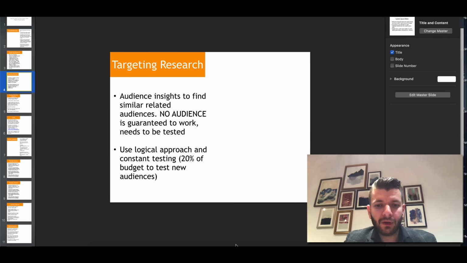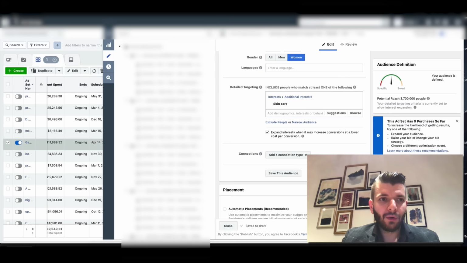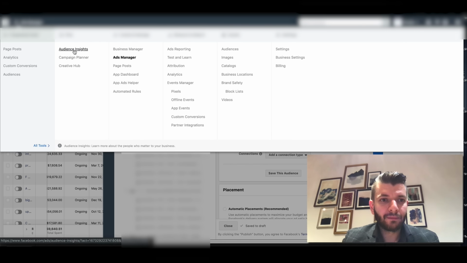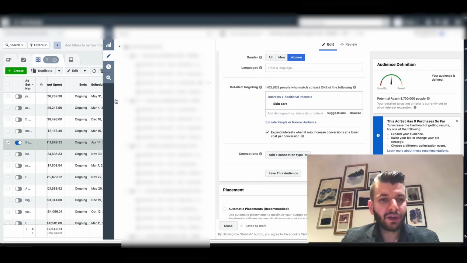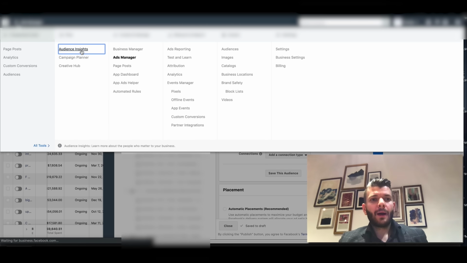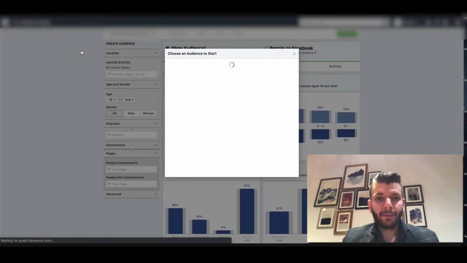And then we can also use the tool Audience Insights, right? Audience Insights is a tool that is located here within Ads Manager. So Audience Insights you can see here. And this tool you can use for also identifying similar audiences, right? So if you go here, let's say we click here and we put in skincare, it should give us